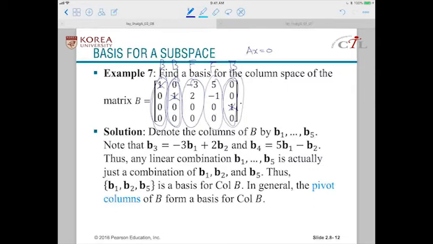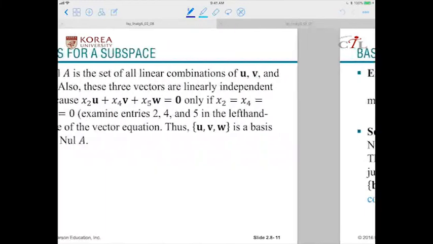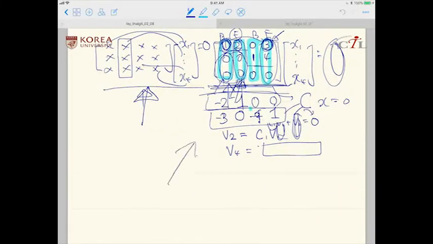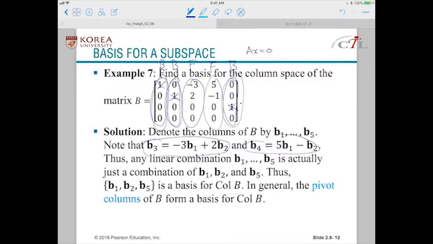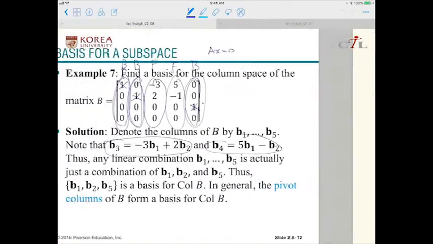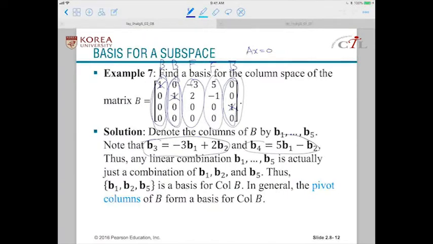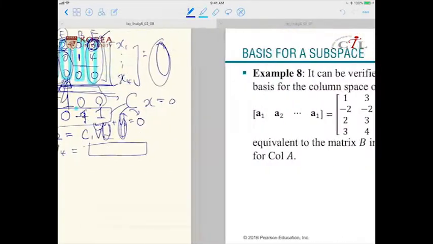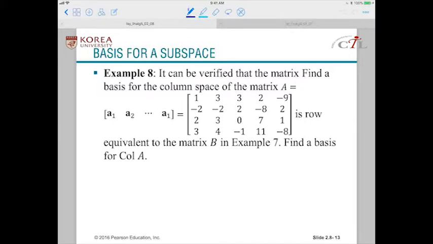Okay, and the solution shown in these slides is just about how we obtain these linear combination representations. Okay, so let's move on to another example. This was a special case where, fortunately, we are given a matrix that is already in reduced echelon form, but in general we will be given this kind of matrix. And then in order to determine which columns are linearly independent, and which cannot be represented as a linear combination of the previous ones,